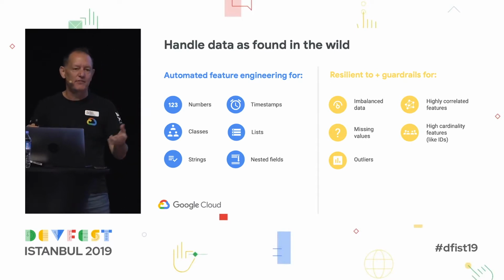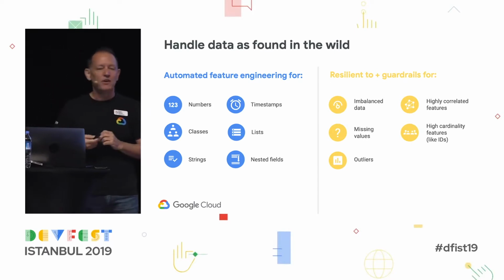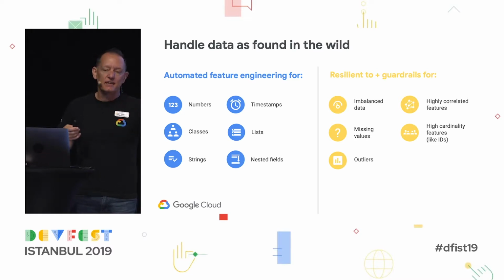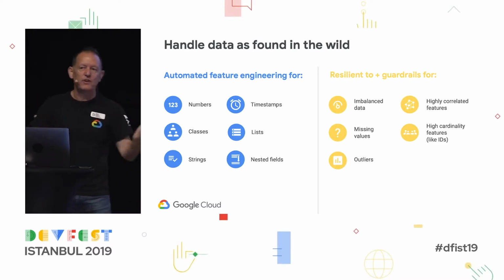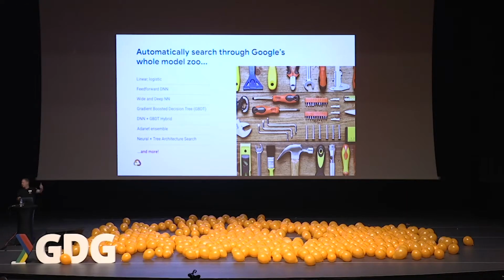Again, looking for blank values or data that are out of whack, or things like IDs where everything is unique and it's random, it's unassociated with the actual result. Then you have to go through and figure out all the different types of models you need to be able to select from, very, very simple, like linear models, up through standard deep neural networks, and then on to ensemble models that are the most complex examples of models that are being built today.